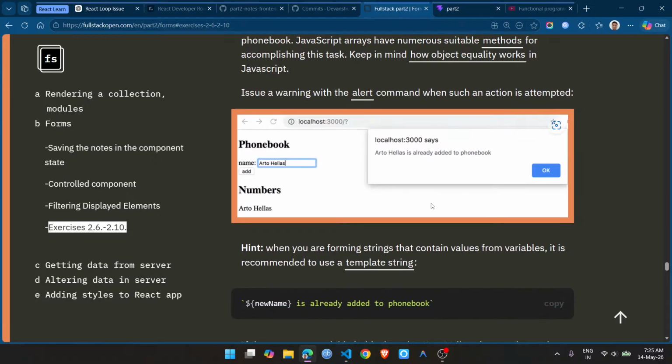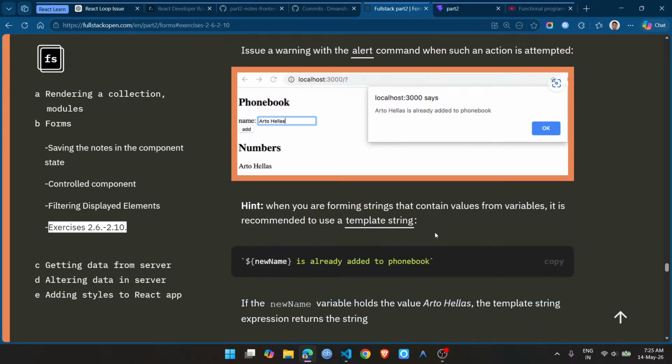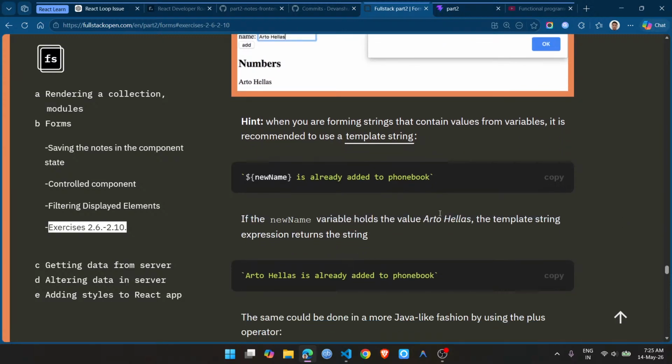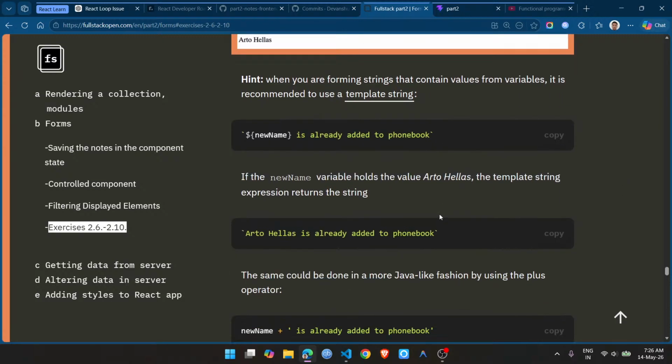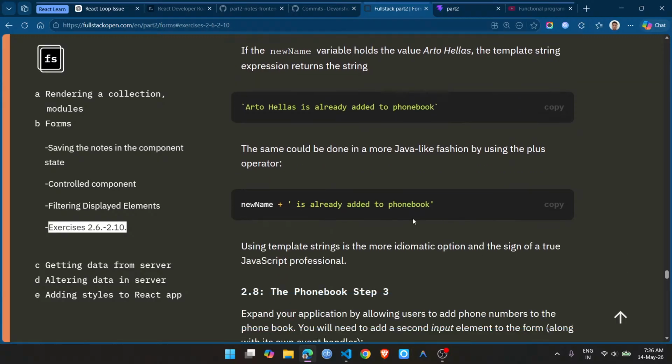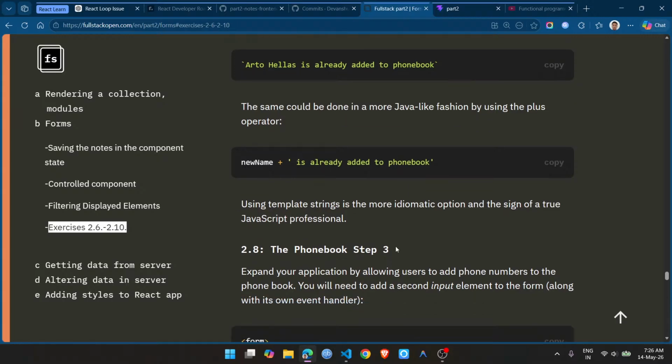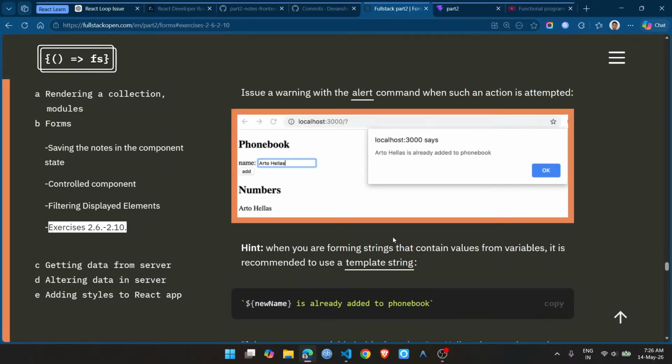When you are forming strings that contain values from variables, it is recommended to use a template string. Okay, so if the new name variable holds the value, as in the template, this same could be said there. Okay, so